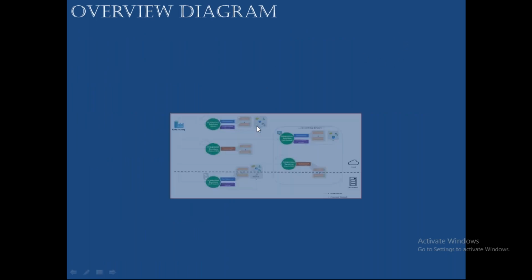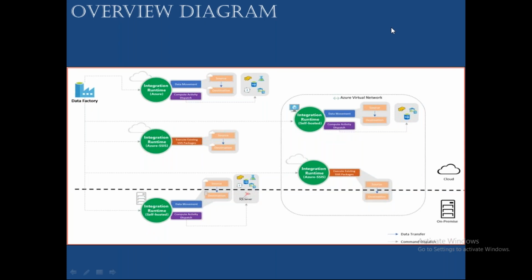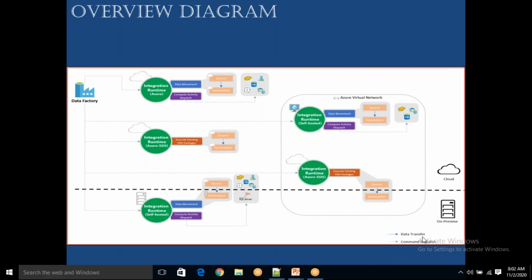Now this is the overview diagram that you need to remember. Let me show you. Here in this overview diagram, you will come to know. First thing you need to understand, focus on this. Whatever dotted lines we have, below that everything is on-premise. Above you have the cloud. Whenever I am moving data from on-premise to cloud, source to destination,